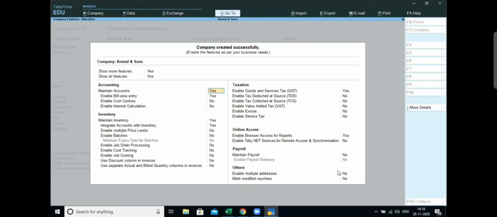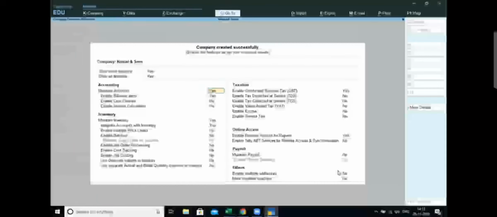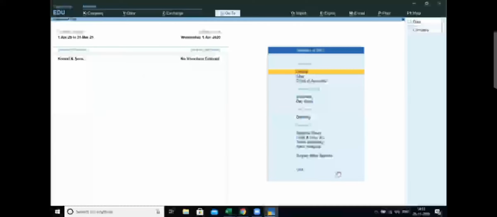If I explain each and everything right now, this all will get mangled up. So I'm not explaining right now. You just simply have to accept it, and for direct acceptance of the screen, you have to press Control and A, the alphabet A key, both together. So I'm pressing Control A and this screen will get automatically accepted.